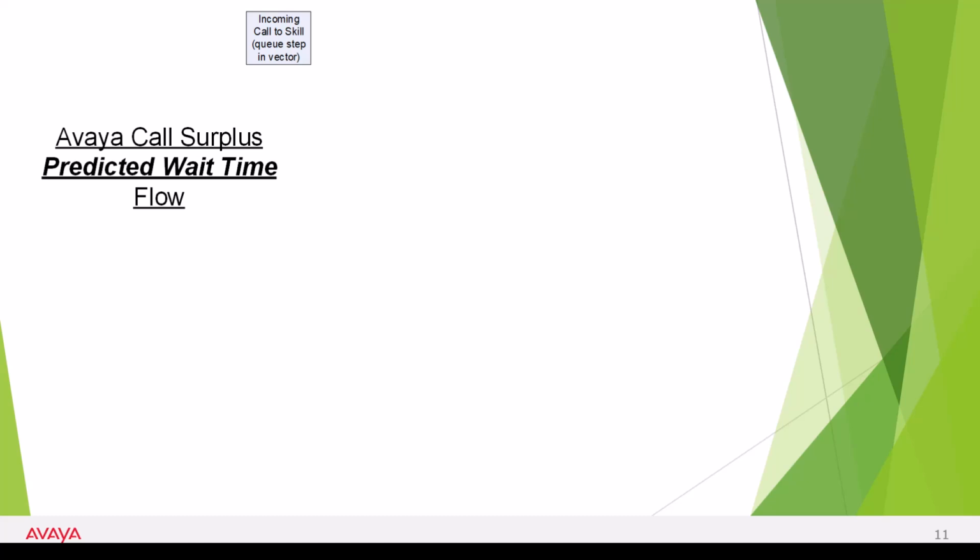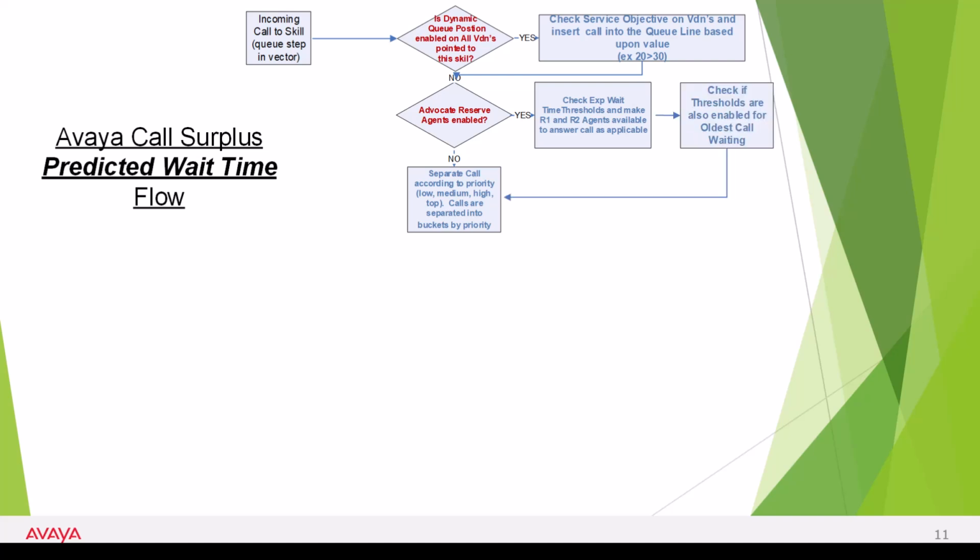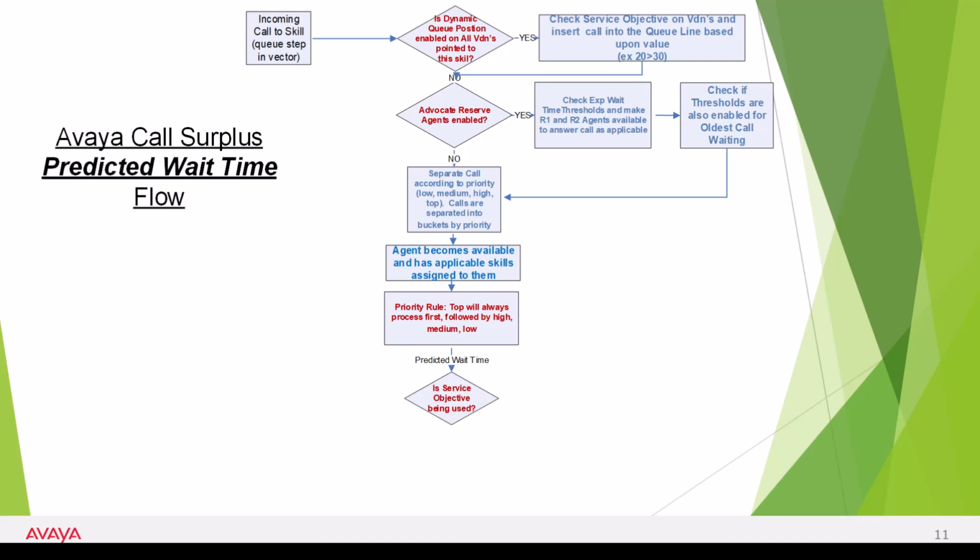Now let's look at predicted wait time. I'm going to skip through this one pretty quick. We're still going to do the dynamic queue position check. We're going to look for advocate reserve. We're going to flow just like the other one. We're going to separate those calls into buckets. We're going to check expected wait time for the reserve agents. We're going to look at that optional setting. We're going to come down, agent becomes available. We've got our priority rules. We're going to look at service objective again. Same as before. The difference is, remember, we're using predicted wait time, and I'll show you where that comes into play. So we're going to look at call selection method,